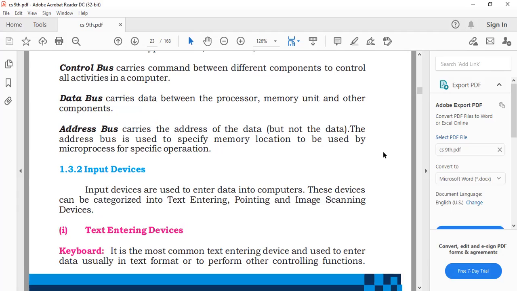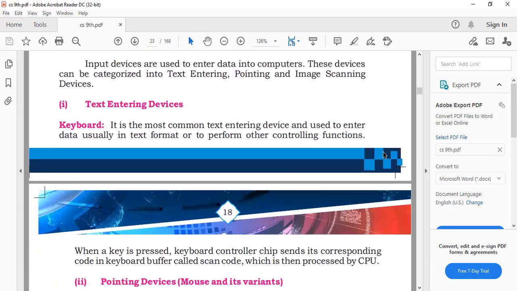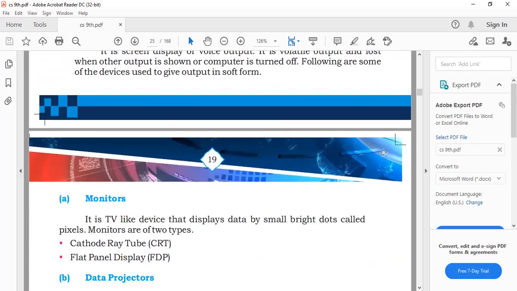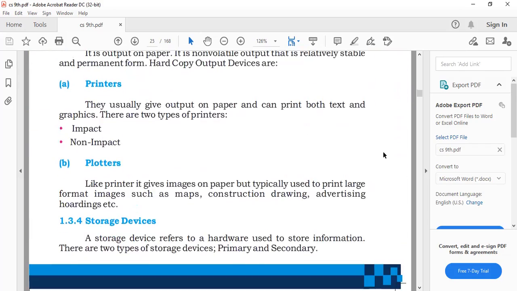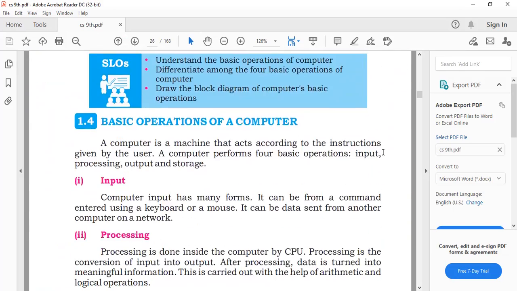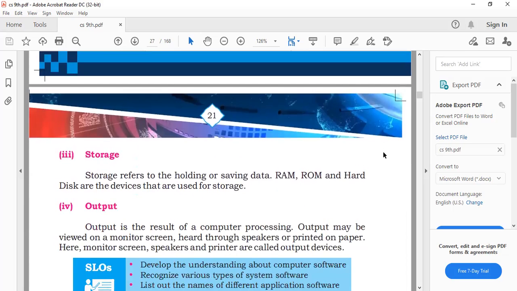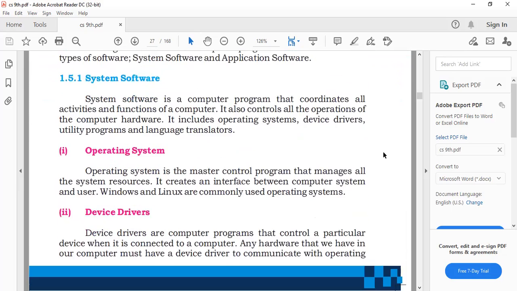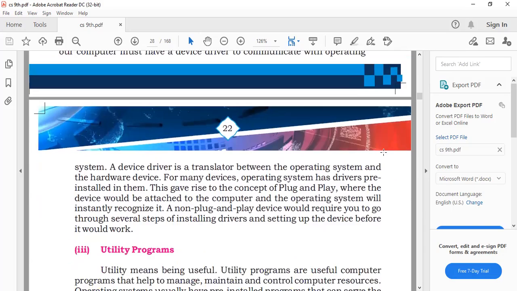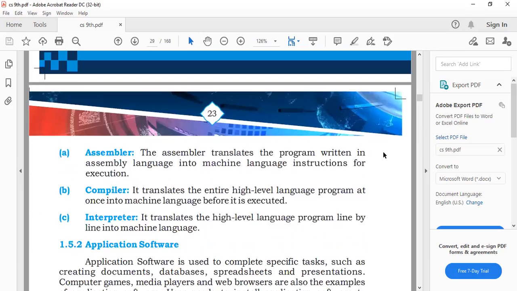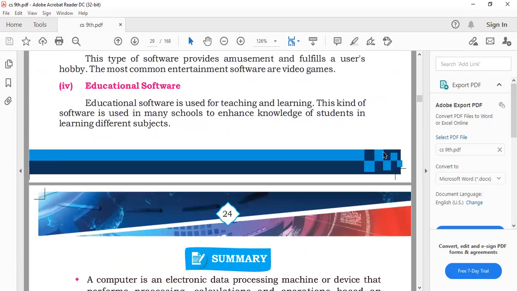Now, the other input and output devices we will cover in the next chapter. You need to memorize what I am telling you and then complete the homework. We will cover these input and output devices in the next slide because I am going to give you the homework. It will be better if you memorize some of the things and then do the other part for the homework, because there are many things we have to do in the homework.